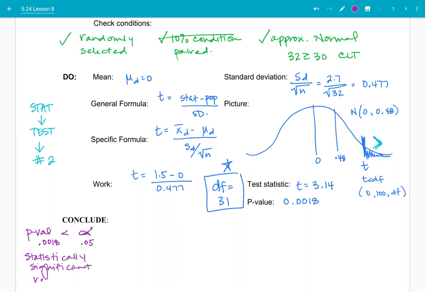So we are going to reject the null. Okay, so at the 5% significance level, we do have evidence that the true mean difference